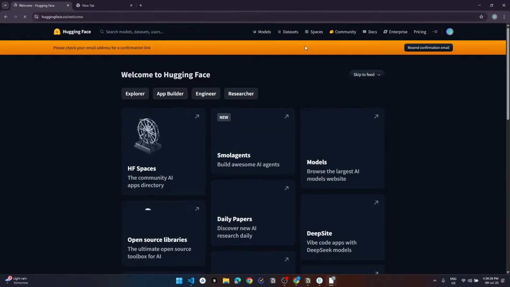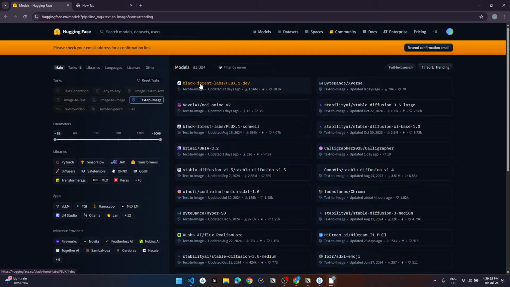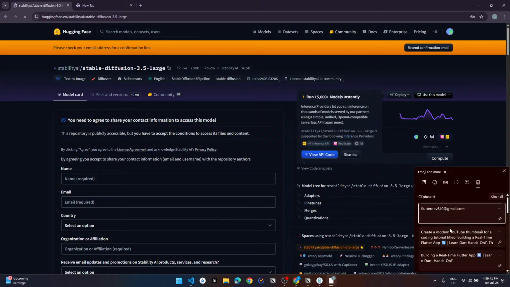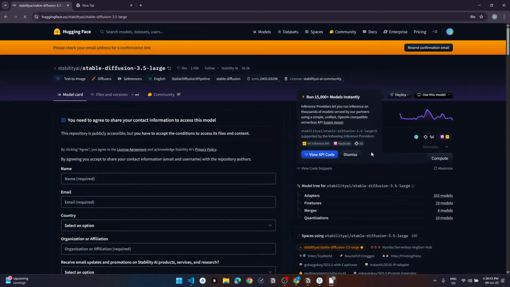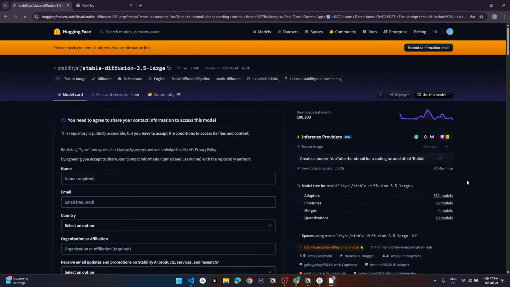Let's jump right into the text to image, then Stable Diffusion, and give some prompts right here. Damn, bro.